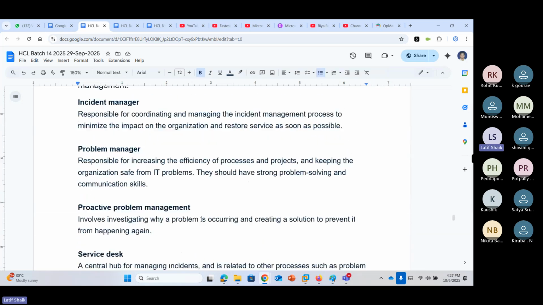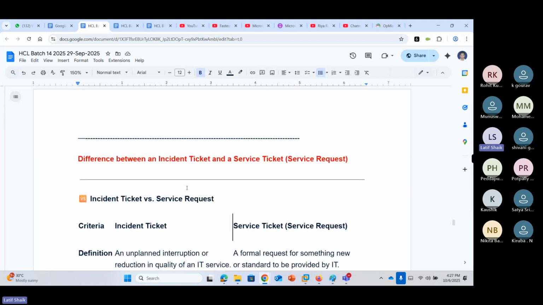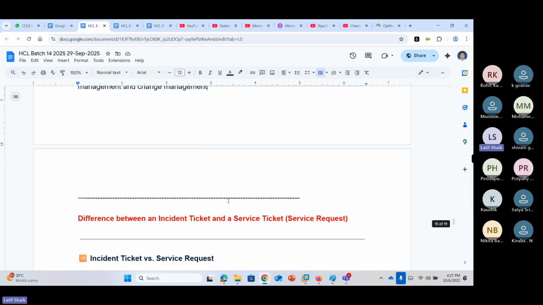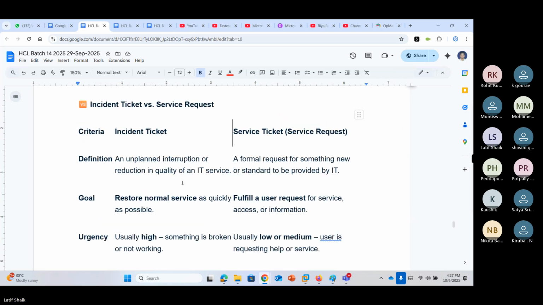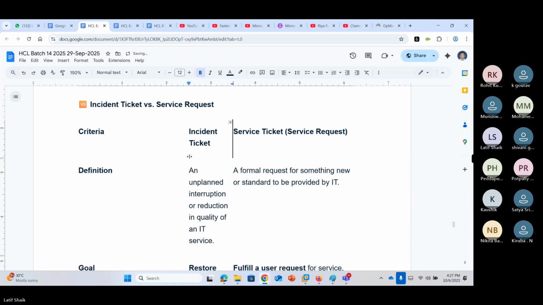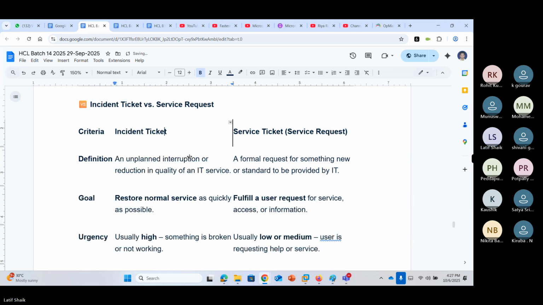Not only this, there are some more examples with certain references also. So here I have written the difference between an incident ticket and a service ticket. An incident ticket is an unplanned interruption or reduction in quality of IT services.